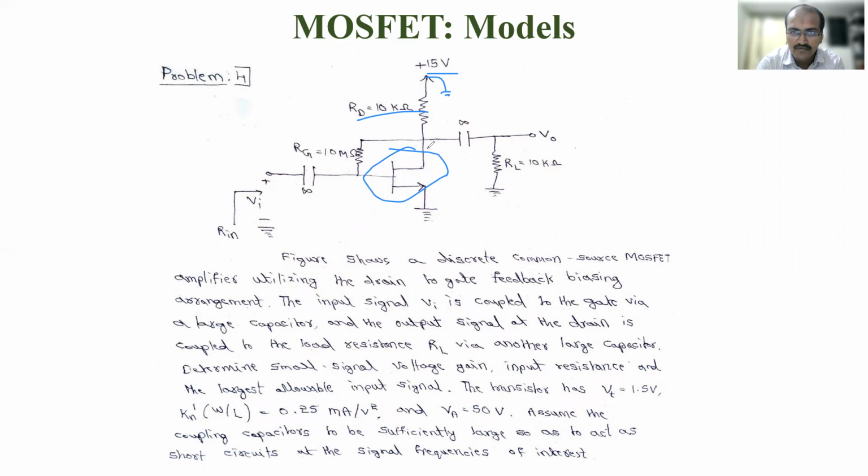Similarly, RL is connected between drain and ground. So that's why it also comes in parallel on that side. And here RG is there, which is present between the gate and drain terminal. That's why that MOSFET, whatever empty space was there, it is filled by this RG. So this is how the model is. Without the model, we could not find out the transconductance or small signal operation, right? The model is required. Only then can we find out the voltage gain. That's why the model is written next.